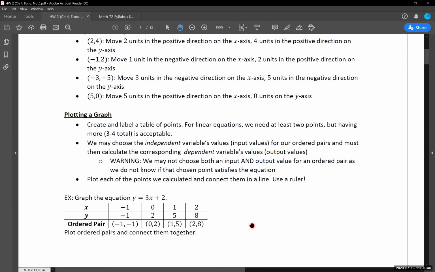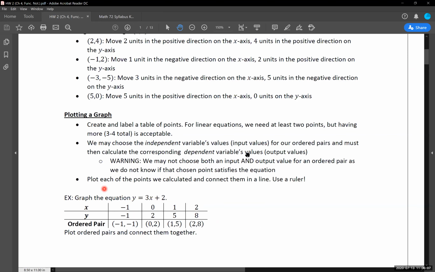A lot of people make that mistake of, I'm going to choose an x value and I'm going to choose a y value that I think goes along with it, and then there's my point. You don't know if it's on this graph and equation that we have. You cannot just guess and randomly choose. And again, we'll go through an example with this. We'll use these and a couple others if necessary.